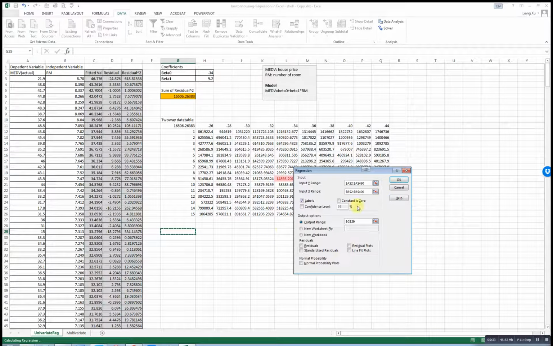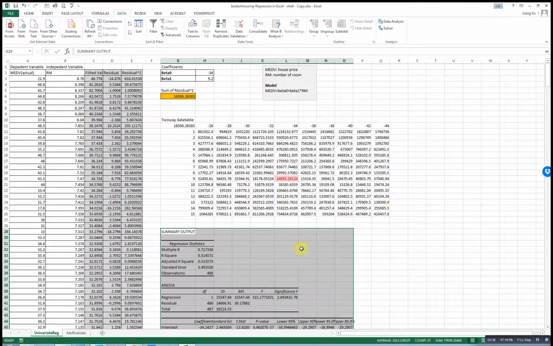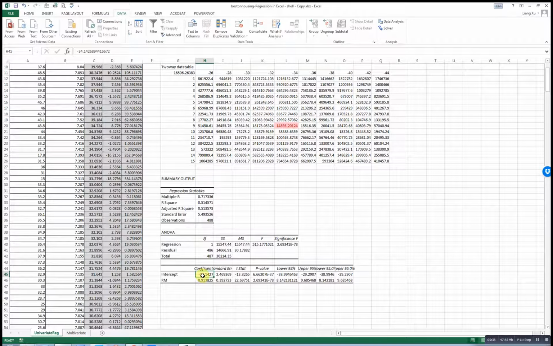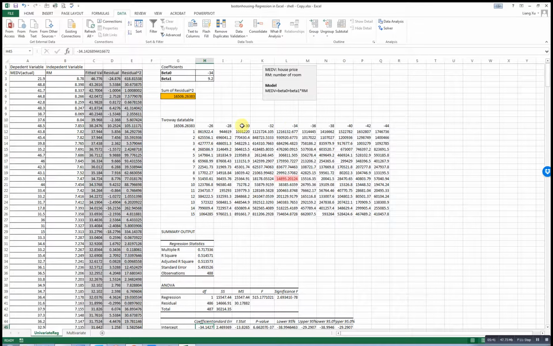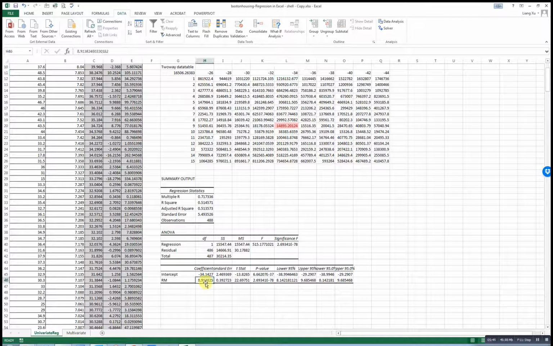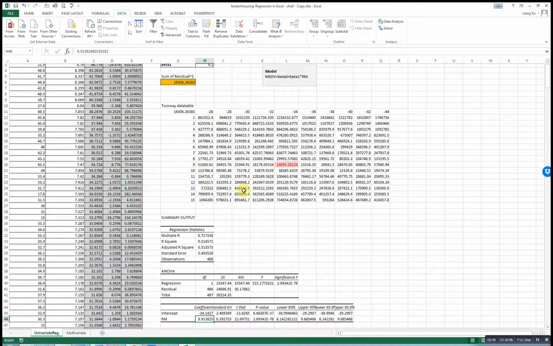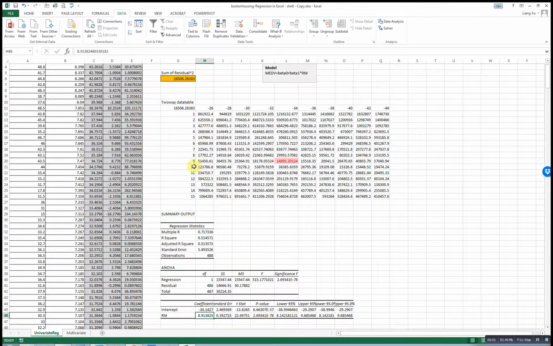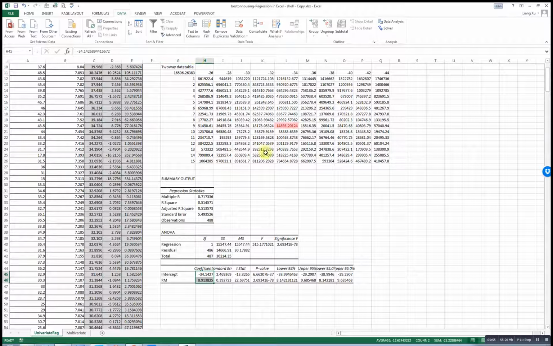As you see here, the intercept beta 0 is negative 34, and the coefficient for number of rooms is 8.9, which is close to the data table result. So this is exactly what the program is doing when you run a linear regression. Let's look at the coefficient here. As discussed in class, the coefficient has a p-value. Let me write it down. The p-value is less than 0.05, so it's significant,